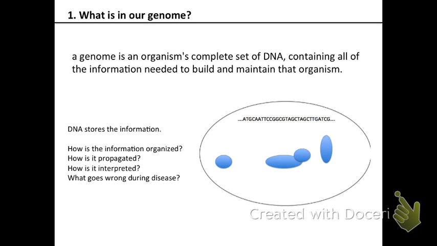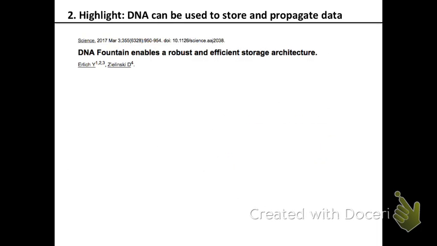So if the DNA is capable of storing information, then it should be capable of storing any information, right? A few scientists were thinking about this like 10, 15 years ago now, and they said, can we actually code a computer program into the DNA and then read it back and see if we can actually read this program? And they were capable of doing this. This was a highlight in 2017. It's a paper from 2017, but some proofs of principle had been done before.